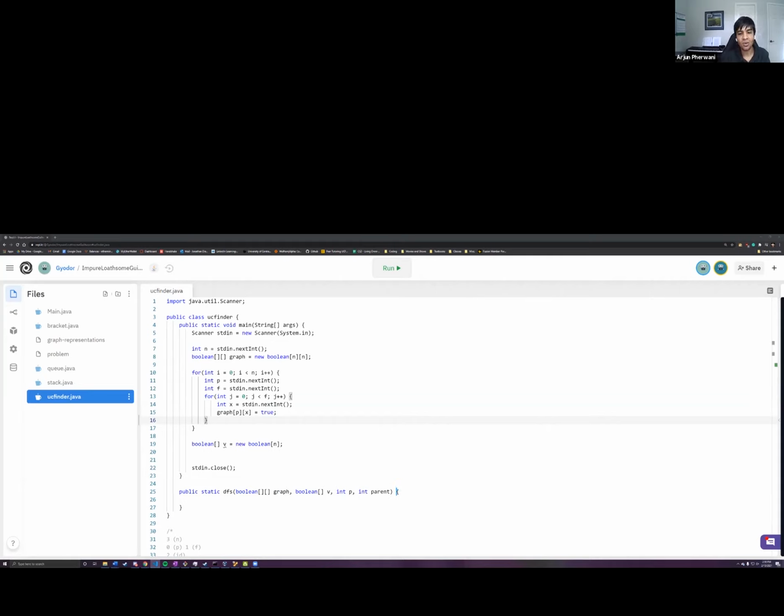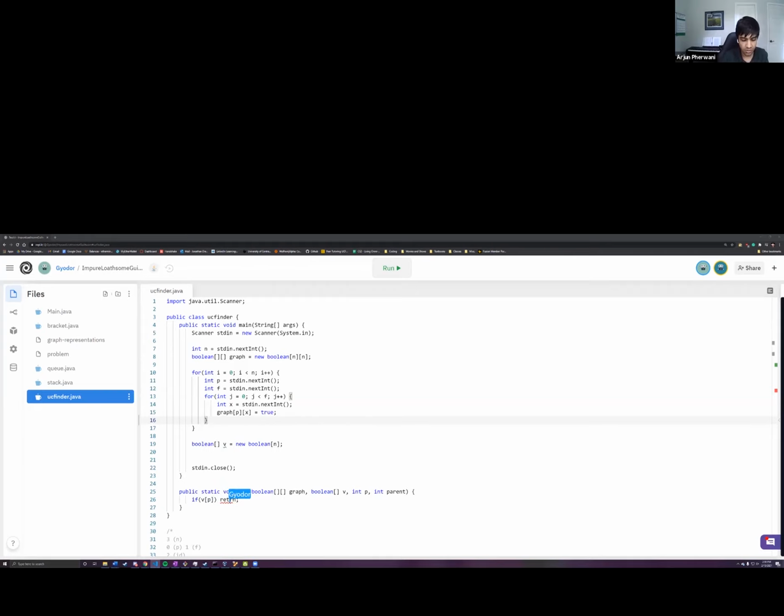Well, you'll see when we finish coding up the thing. Okay. First thing, if we've already visited the node, return. It's a void anyways. Aha! I didn't void it.